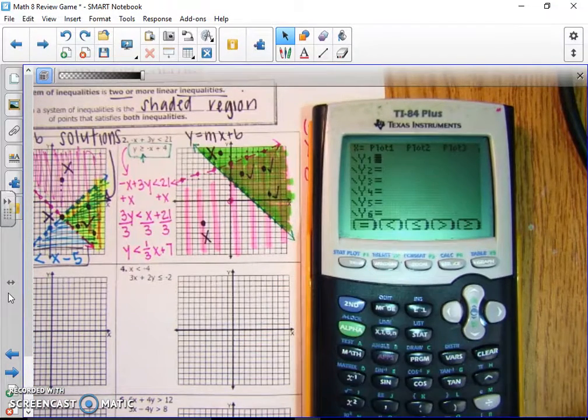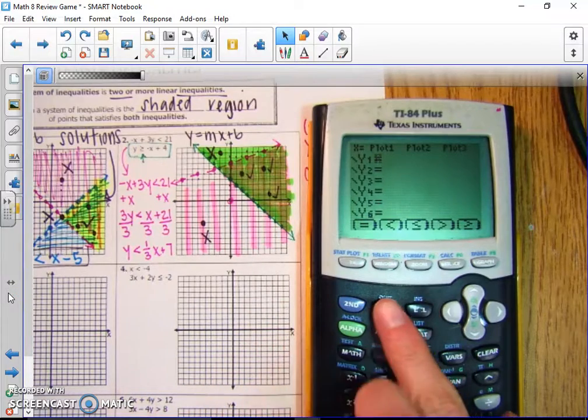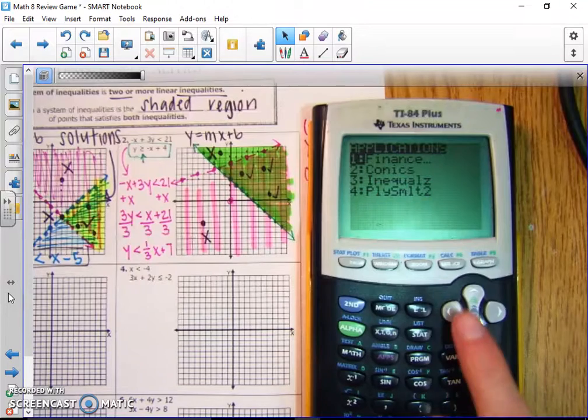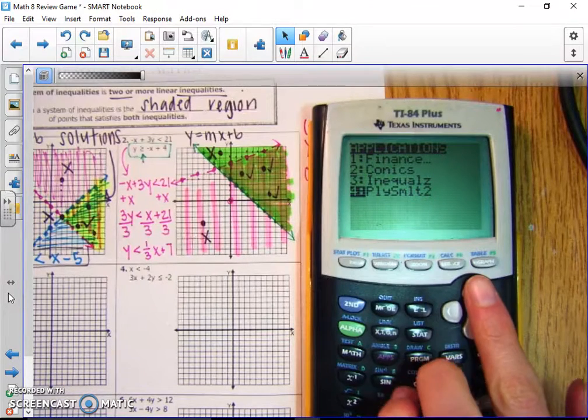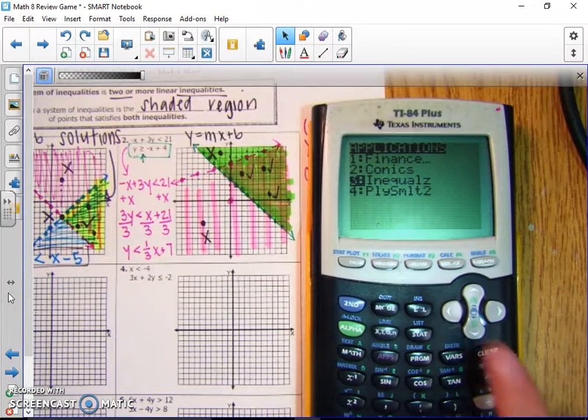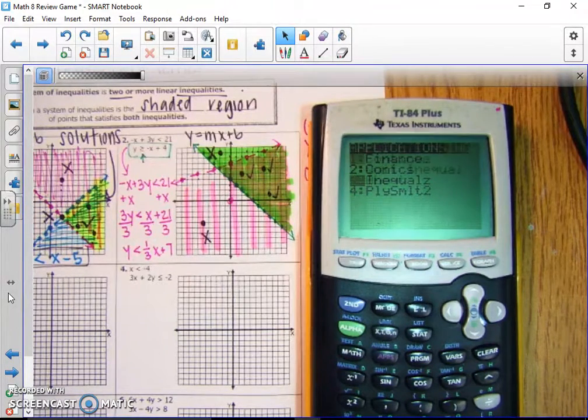Instead of just going to y equals, we need to quit out of that, so second quit, and we're going to go to apps. Now in your apps, remember we used PolySmlt 2 to solve systems of equations. We want to go to Inequalz. So we're going to select Inequalz, hit enter, and we're going to select continue